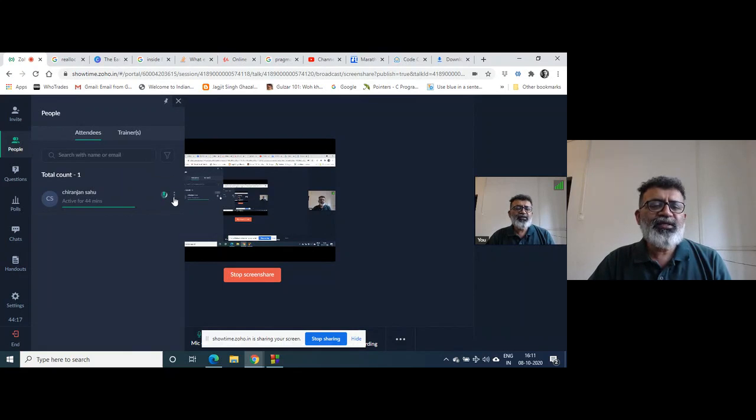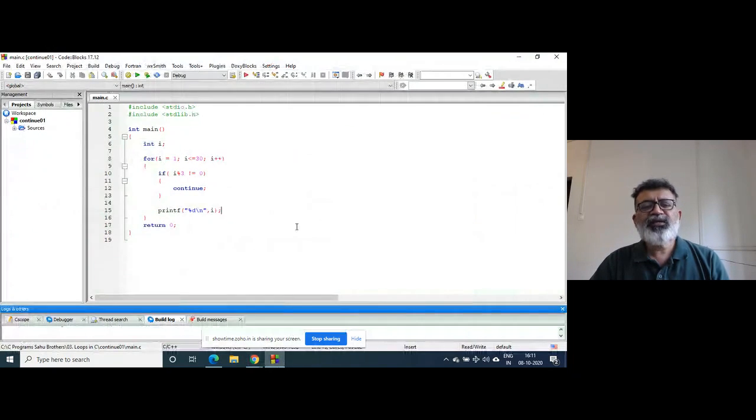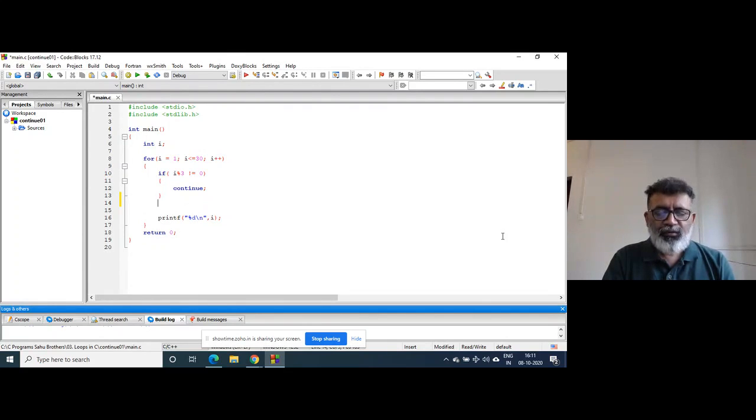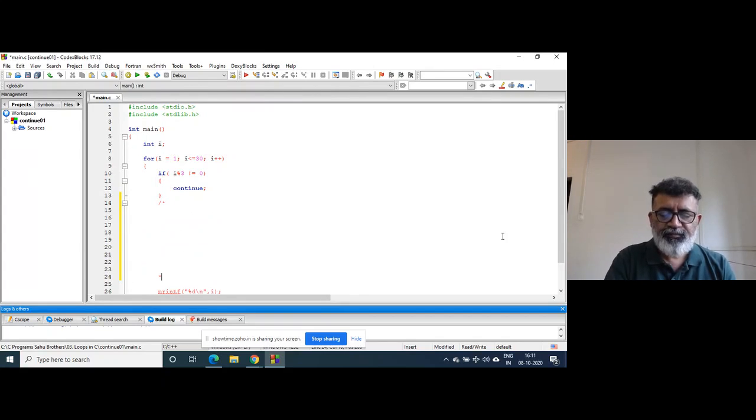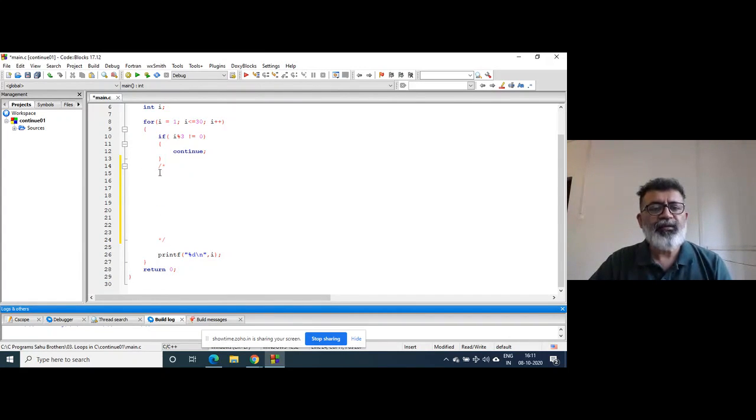So whenever the condition becomes true, and if you have written a continue statement after that, the control will be taken to the next iteration. So what do you mean by next iteration? Suppose there is a large code here, this much code is there.